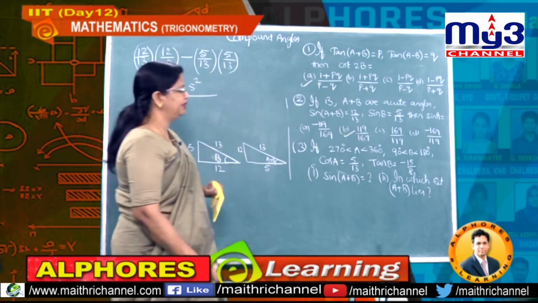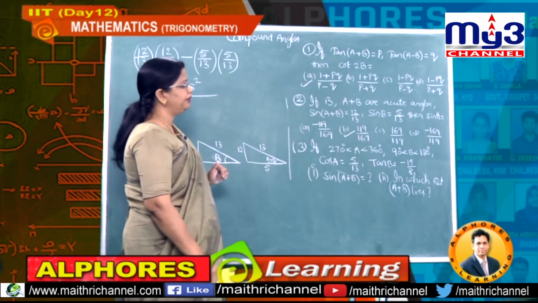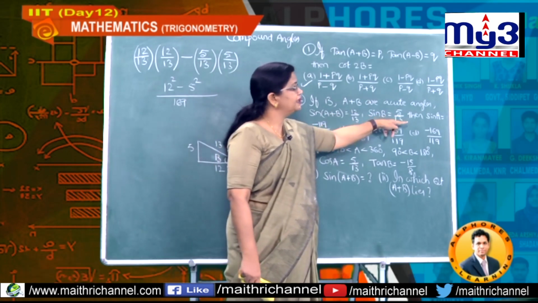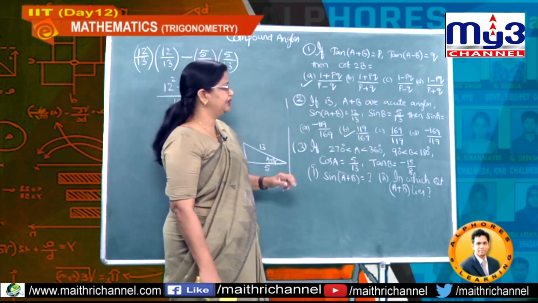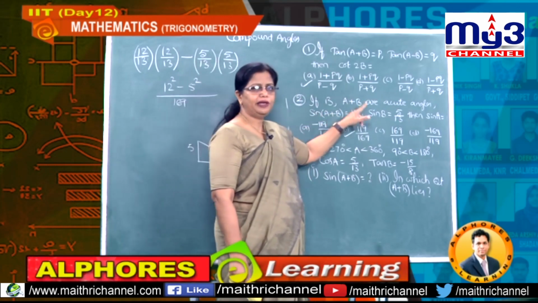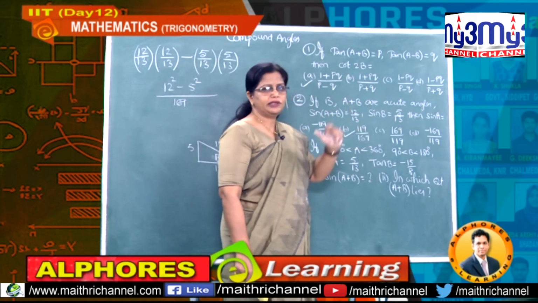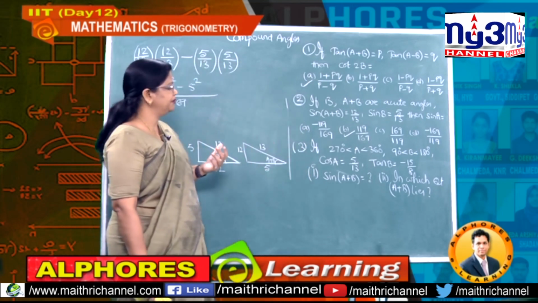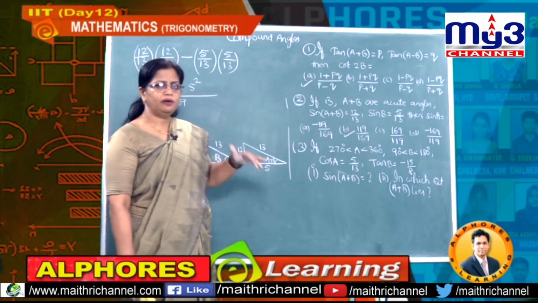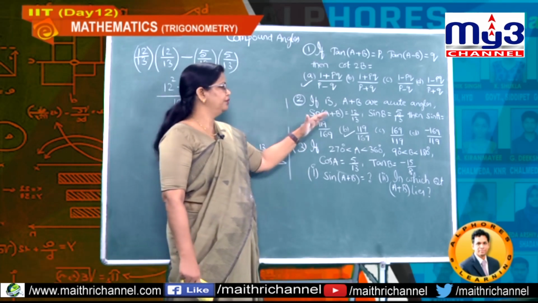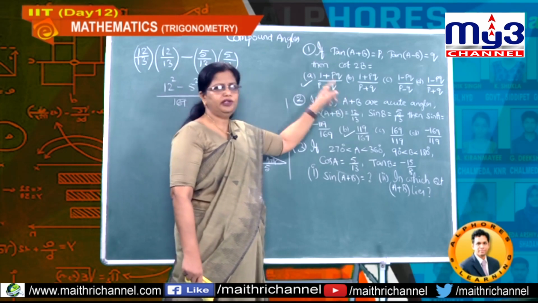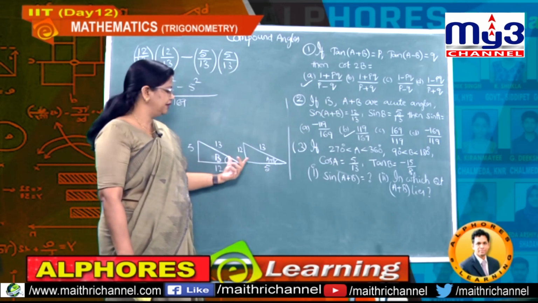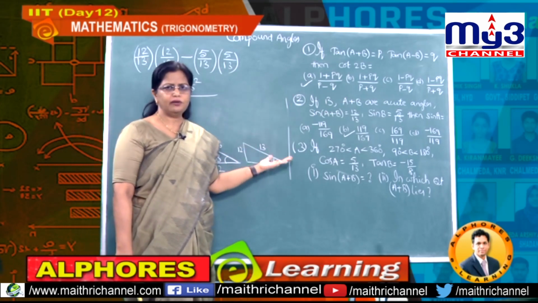So in this way we can start the problem, that means we can complete the problem. Here they gave A plus B and B data and asked about A. Then we considered A equal to A plus B minus B and the requirement is in sine. So we have taken the sine function on both sides. Understand, students? After that we used the sine of alpha minus beta formula. We substituted. Again acute angles were given. Therefore, we drew two right angle triangles and we took the values completely as positive.